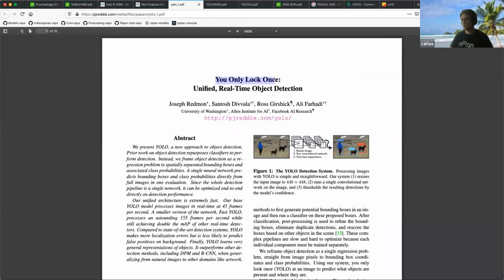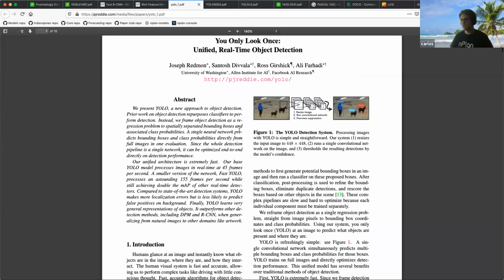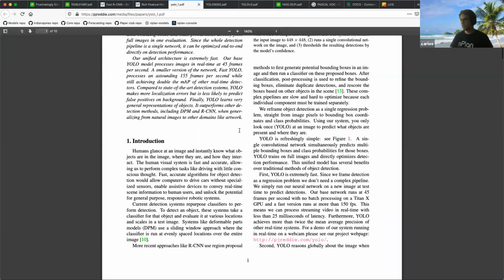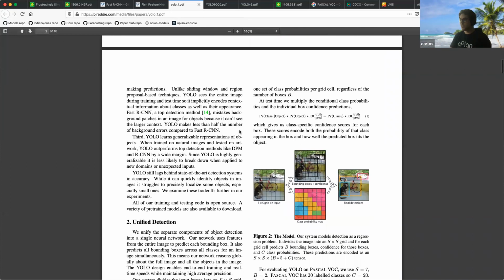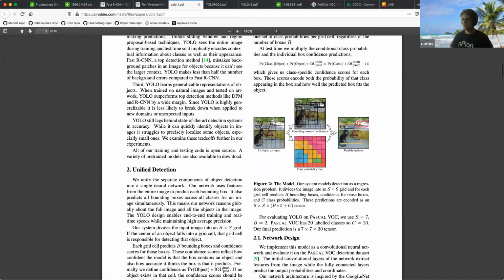So there was an interesting response to this algorithm, which was called YOLO, which is You Only Look Once. And the really interesting thing about YOLO, other than that the papers are hilarious to read, is that it could recognize as many objects as you wanted inside an image with one single pass of the network. That allowed a great speed up in training and detection, because instead of having to pass several times over an image to find all the bounding boxes